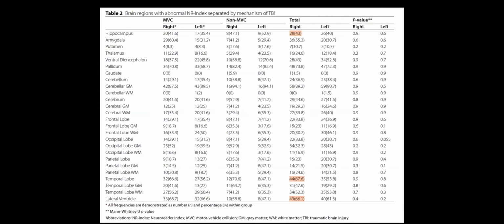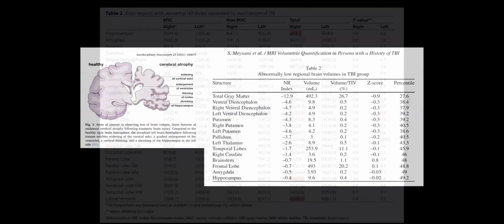We found that the areas that were abnormal included the hippocampus, the ventral diencephalon, and the lobar structures, the temporal lobes in particular. Two-thirds of individuals with TBI had temporal lobe abnormalities, for example. So we did find that those were frequently abnormal areas. Lateral ventricle abnormalities, or ventricular enlargement, were also very common after traumatic brain injury. So that was another common observation.